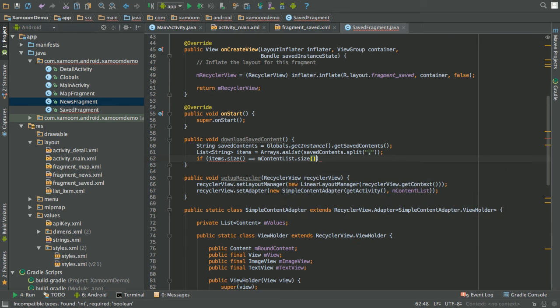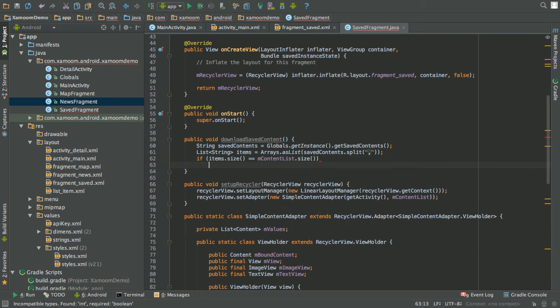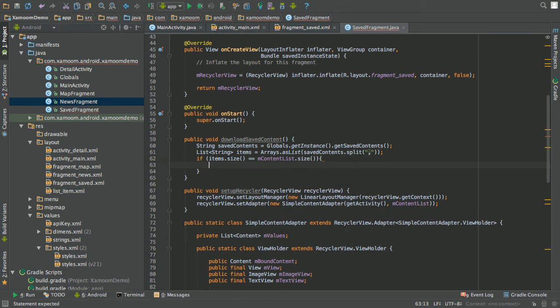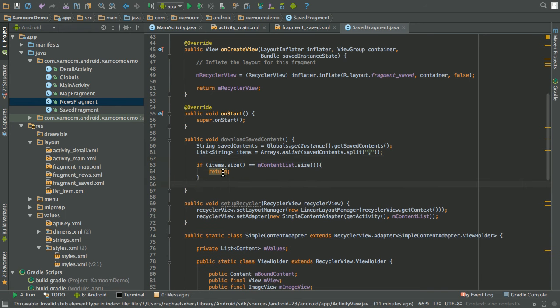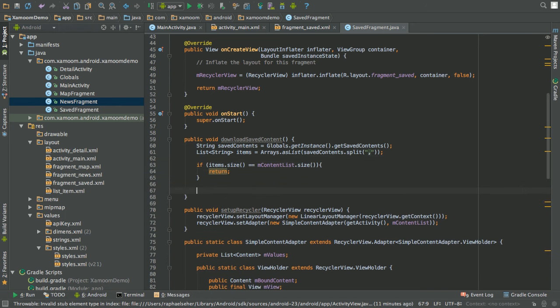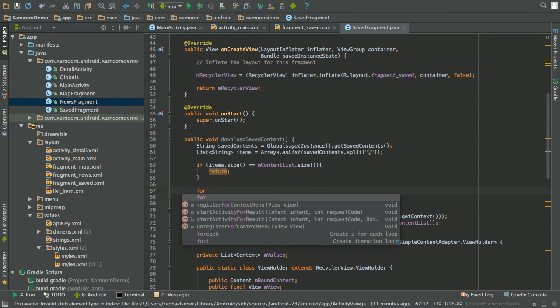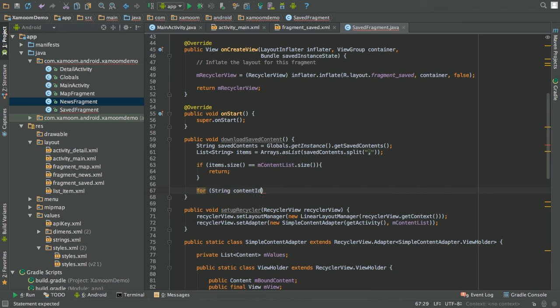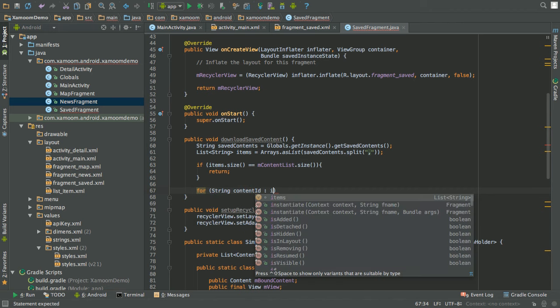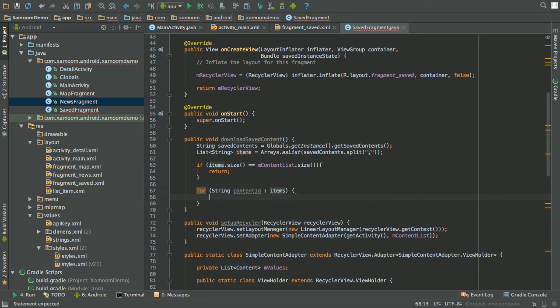And if there are any new ones, because if we load this for the second time, maybe we have loaded this already. So just do this if there are new ones, if the size has changed. Otherwise we simply end the function here. But if there are new ones, we go through all the content IDs,